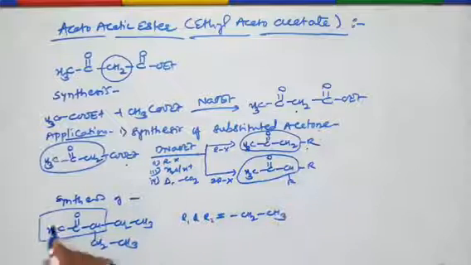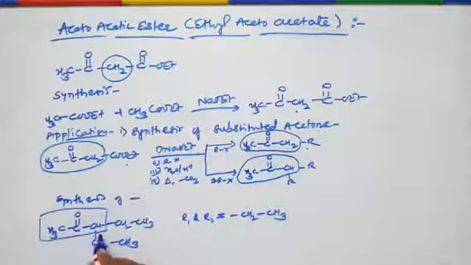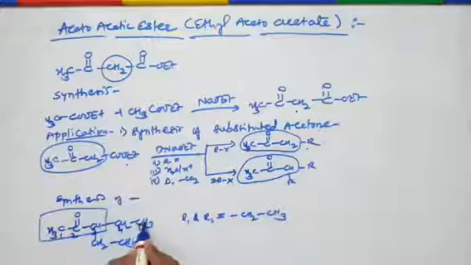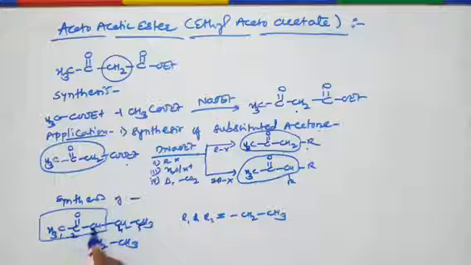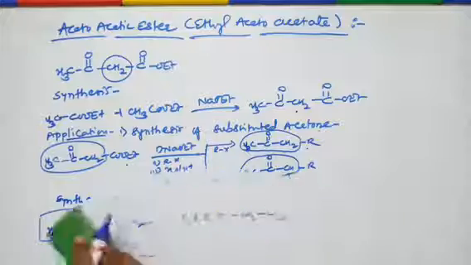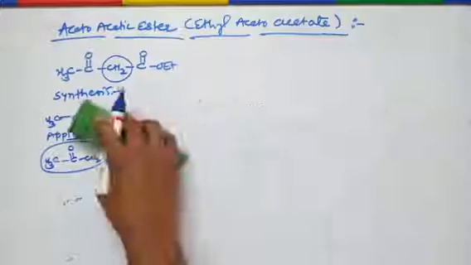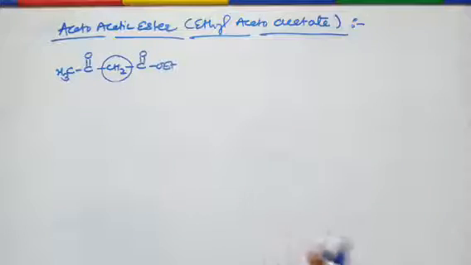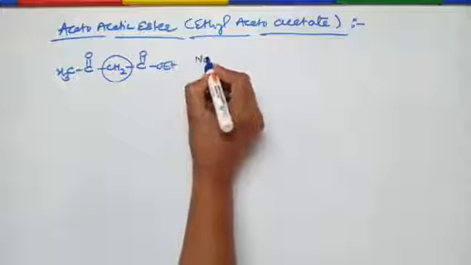So let's say first we are going to synthesize this compound. The name of this compound is 3-ethyl-2-pentanone, as 5 carbons are there, and at carbon 2 there is a carbonyl, so it is 2-pentanone, and at carbon number 3 there is an ethyl substituent, therefore it is 3-ethyl-2-pentanone. Now we are going to synthesize this 3-ethyl-2-pentanone. So the first step is the same. You have to treat it with a base like sodium ethoxide.